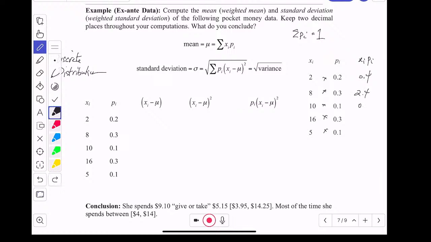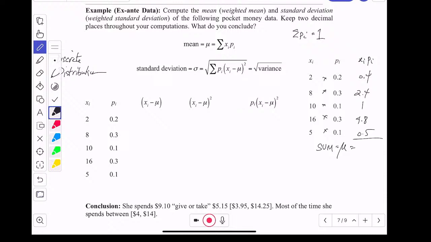Oh, sorry, that's just a 1. 4.8, 0.5. So the sum